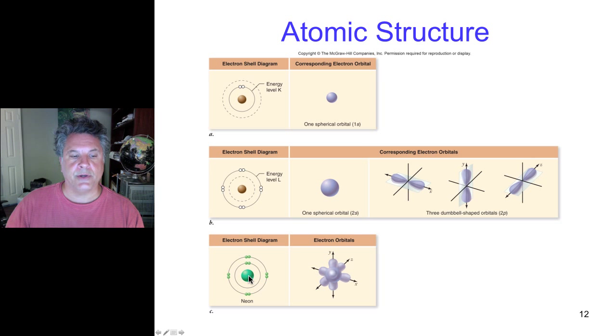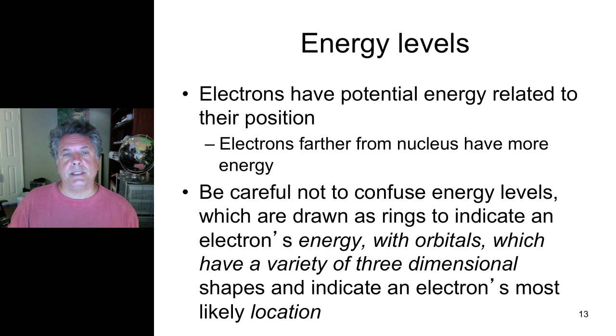So you can already determine immediately by looking at this, 10 electrons, you know that there are 10 protons in neon, and therefore neon has 10 protons, 10 neutrons, and 10 electrons distributed as follows: 2 at the first energy level in an s orbital, 2 at the second energy level in the 2s orbital, and 2 each found in each of 3 different p orbitals at the second energy level.